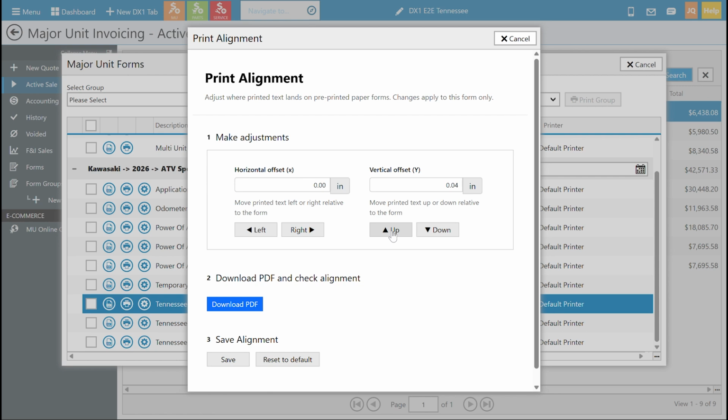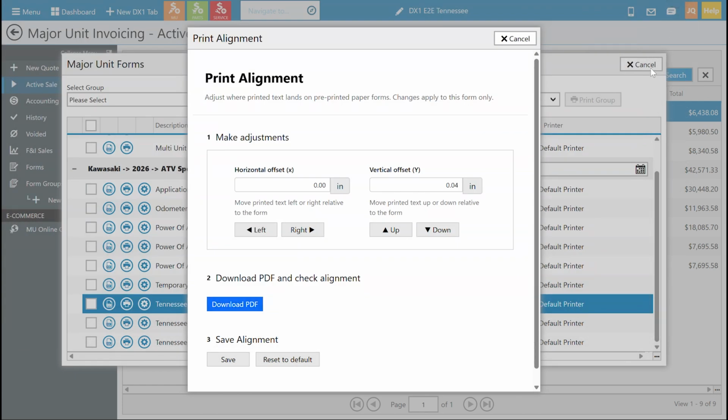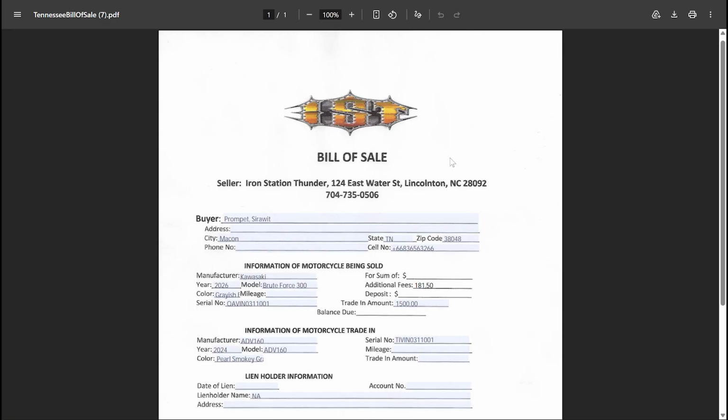Since we don't really know how much we need to move it up or down, maybe in the beginning we just have to start making some adjustments. And we're going to need to preview to say, did me moving it up this amount fix the issue? So I moved it up to preview what our changes look like. I'll click the download PDF option. I'll save it to my machine. It'll download to my browser. And once it does, I can open it up and take a look.